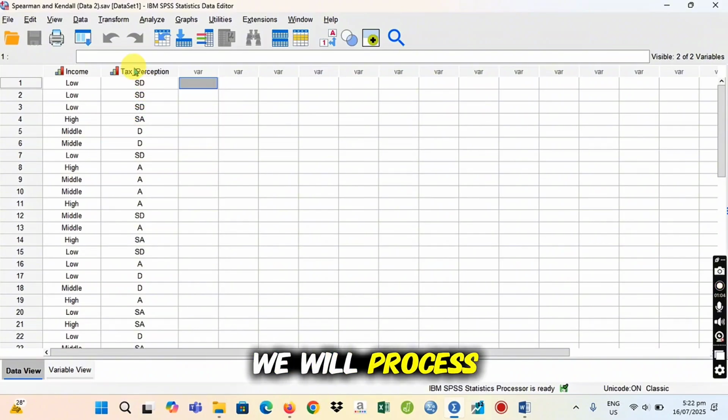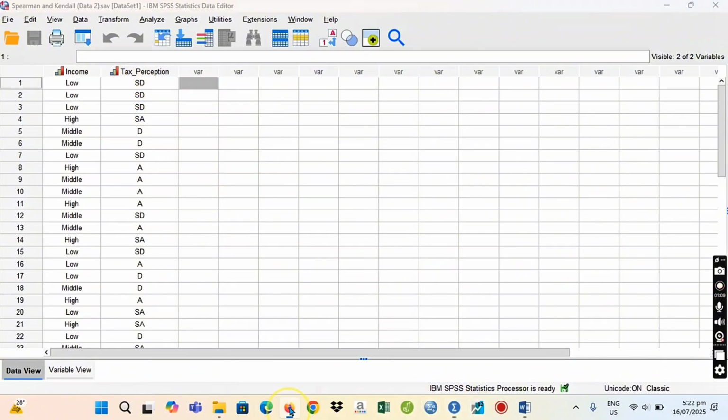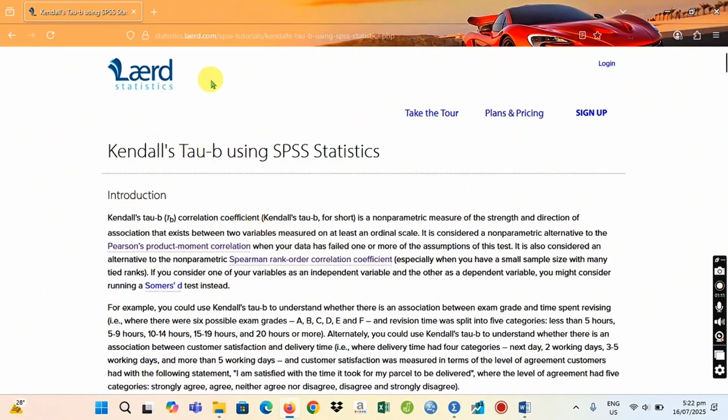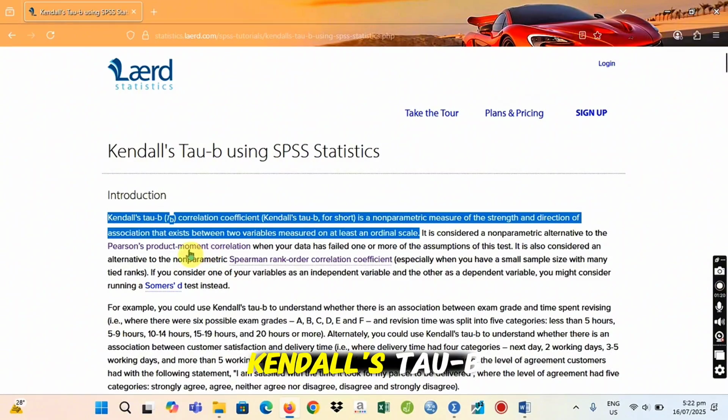So before we process this, let's check the assumptions first. I am still using statistics.laerd.com. In here, it says Kendall's Tau B, using this symbol.